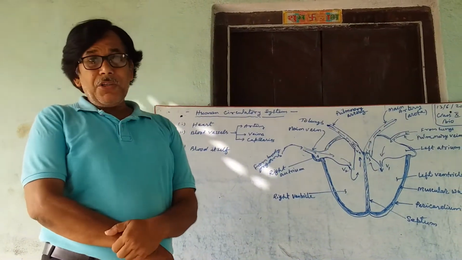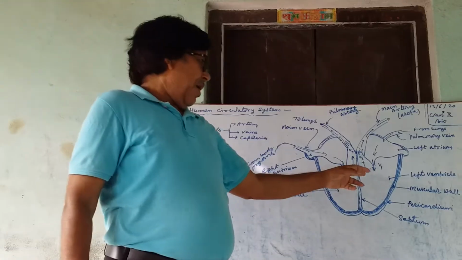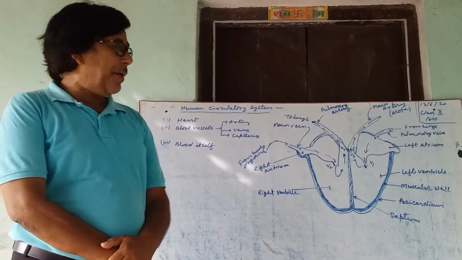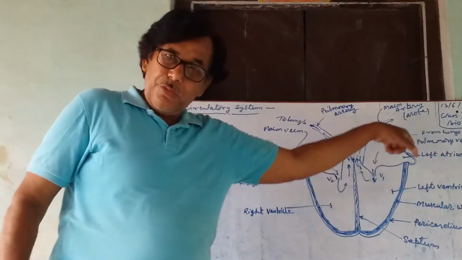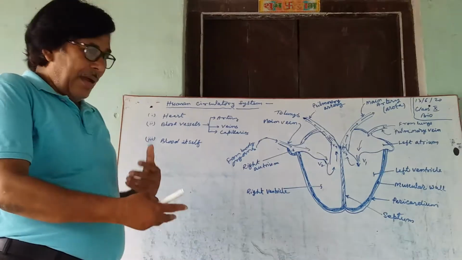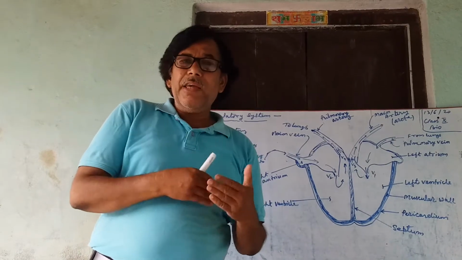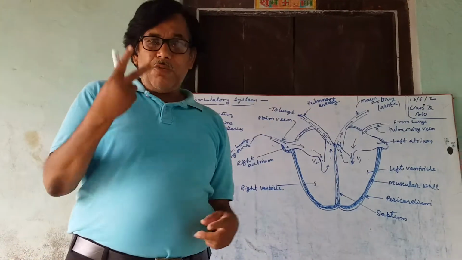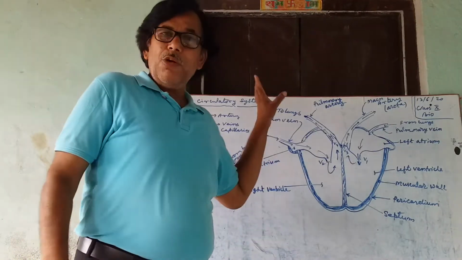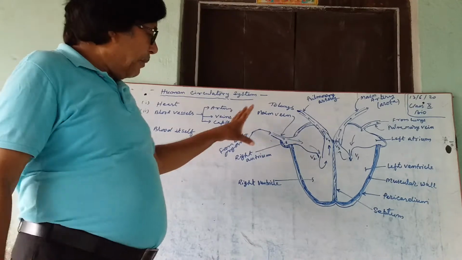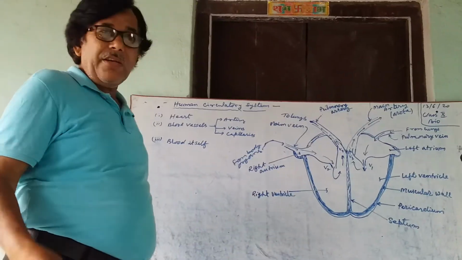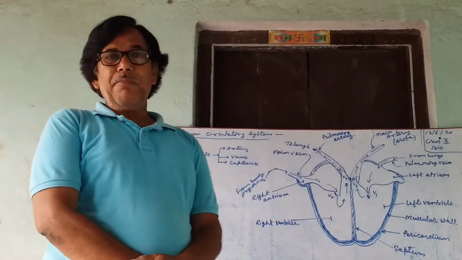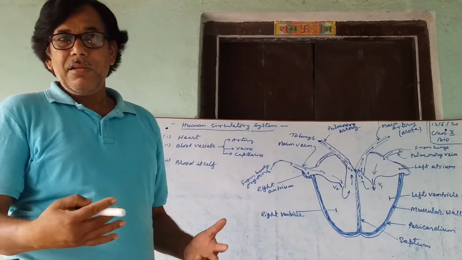Thus we see that artery carries oxygenated blood and vein carries deoxygenated blood, but the pulmonary artery carries deoxygenated blood from the heart to the lungs, and the pulmonary vein carries oxygenated blood from the lungs to the heart. Thus, in one cycle of circulation, the blood passes twice through the human heart. This type of circulation is double circulation, and most mammals have a four-chambered heart.